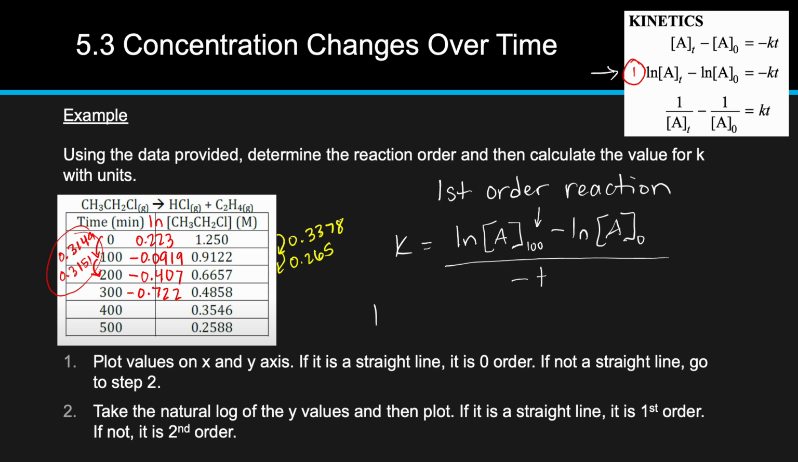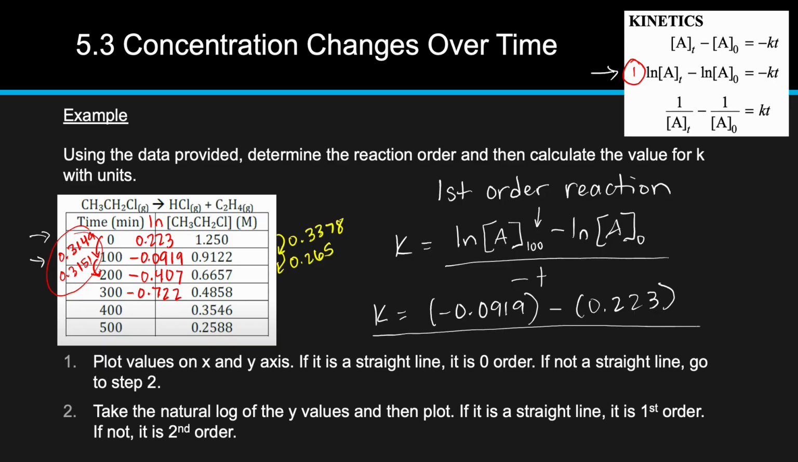So now let's go ahead and plug everything in. So I already got the natural log of my concentration at 100 minutes. So that is negative 0.0919 minus my natural log initially, which again I already calculated. So that is 0.223. And then I'm going to put that over negative time. So it's going to be negative 100 minutes. And when I plug that into my calculator, I get